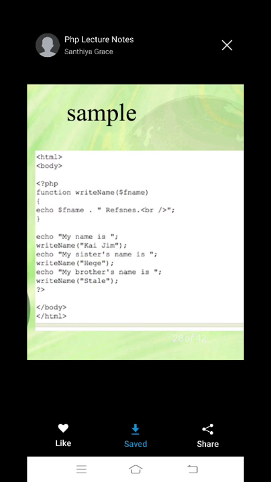Stale is $fname, so the output is "My brother's name is Stale references". Then it closes. So finally, the output after executing the program is: My name is Kai Jim references, my sister's name is Hege references, my brother's name is Stale references, on three different lines.